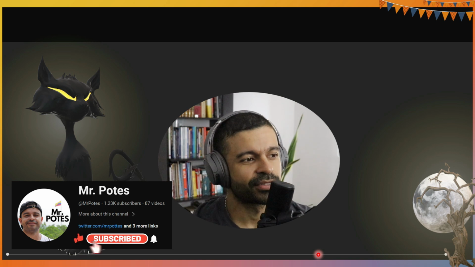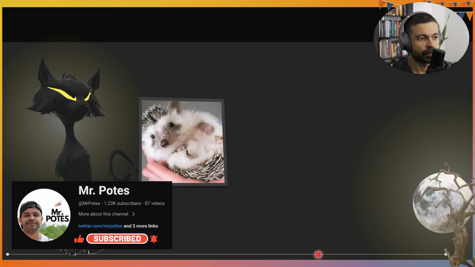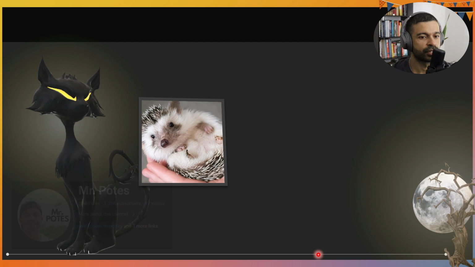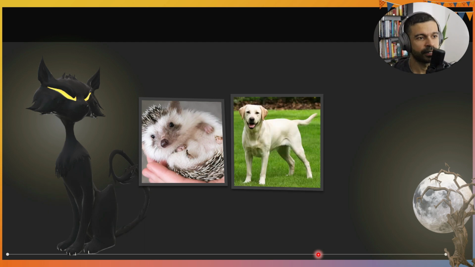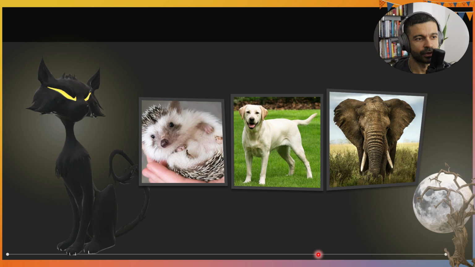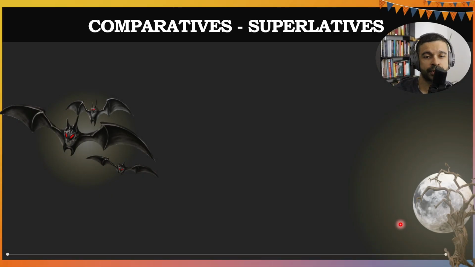And we're going to start by analyzing this little fella, a hedgehog, or in Spanish, erizo. This other fella and this other fella. What qualities do they have? How would you describe them? What descriptions come to your mind if you would like to compare them? The topic of today is called Comparatives and Superlatives. And for comparing the qualities of things, places, animals, people, etc., we use adjectives.